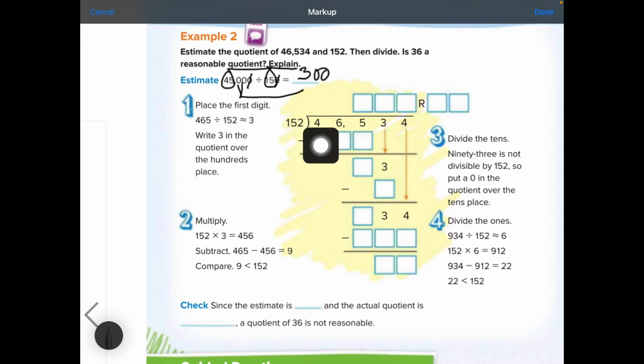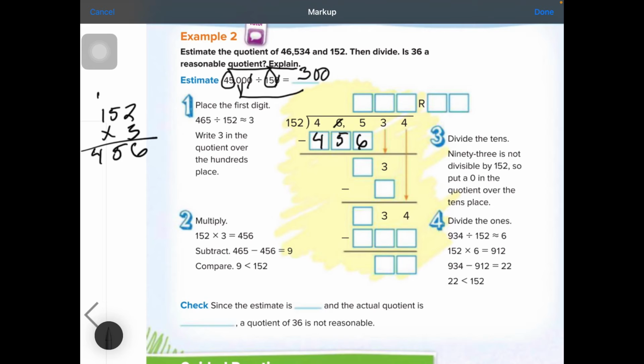All right, now let's divide. Okay, so 152 will not go into 4, will not go into 46, but will go into 465. And we're going to guess about 3 times because that's what our estimate said. So we're going to do some work over here. 152 times 3. 3 times 2 is 6. 3 times 5 is 15. 3 times 1 is 3, plus 1 is 4. So we're going to have